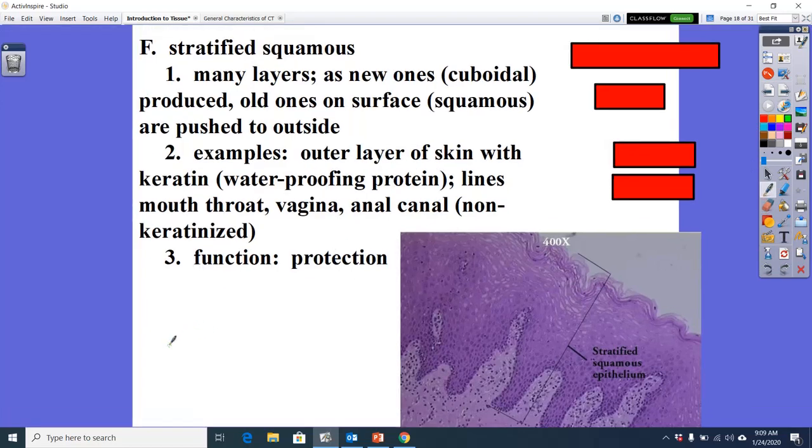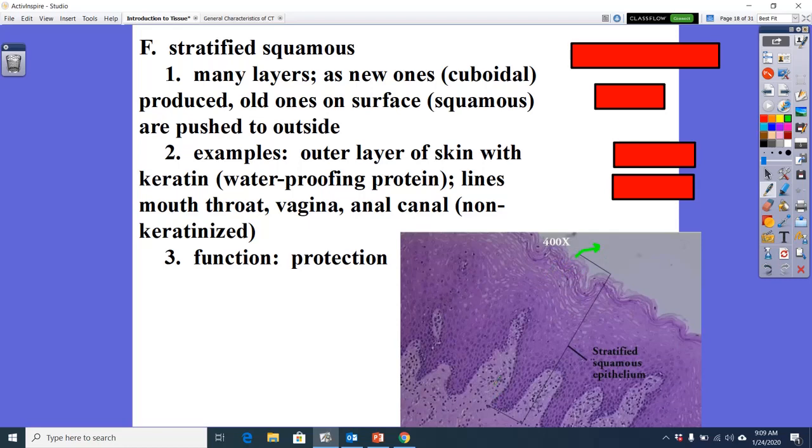The important thing to note here is that the function is protection, and that's because you will have stratified squamous epithelium in areas where there's a lot of friction and where there's a lot of abrasion. And so think about your skin. The outer covering of your body is stratified squamous epithelium. And as skin cells are falling off, we need more underneath to protect that boundary that is created by your skin. And so if one cell falls off here at the top, it's no big deal because there's a whole